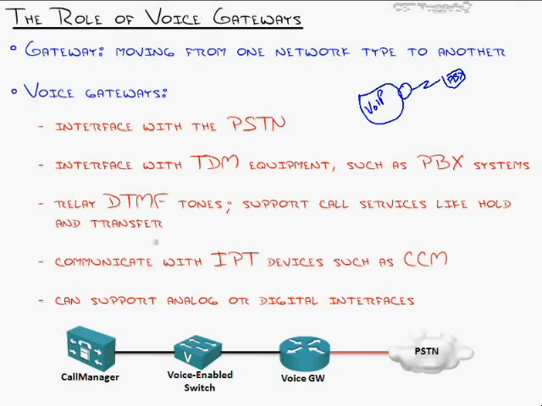We can use voice gateways to relay DTMF tones, and now we're getting to some of the requirements. The voice gateways have to relay DTMF tones. That's dual tone multi-frequencies. You're looking at your telephone keypad, you've got 1, 2, 3, 4, 5, 6, 7, 8, 9. Obviously a garage sale keypad here. When you push those, you hear the beep, that's a DTMF tone. The gateways have to be able to relay those through. And there's many ways they can do that. They can play the sound, they can convert it to a text file and just send the digit as ASCII text, but it has to relay in some way those tones that are being dialed.